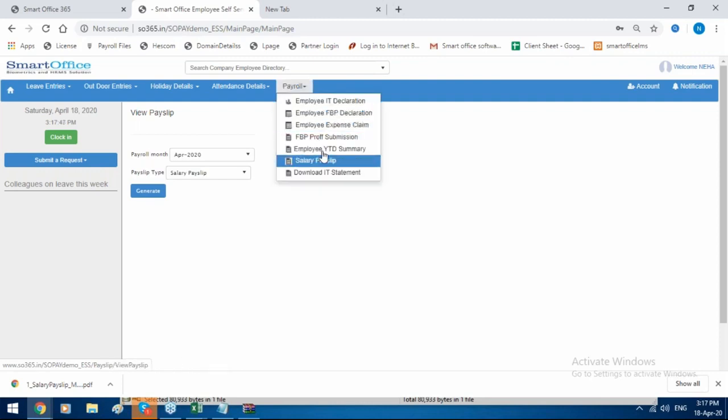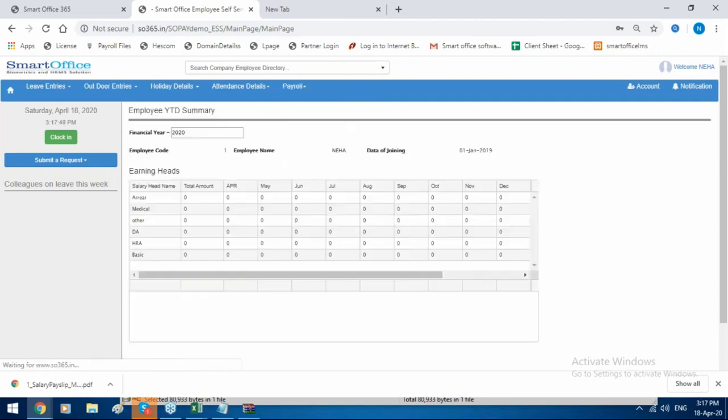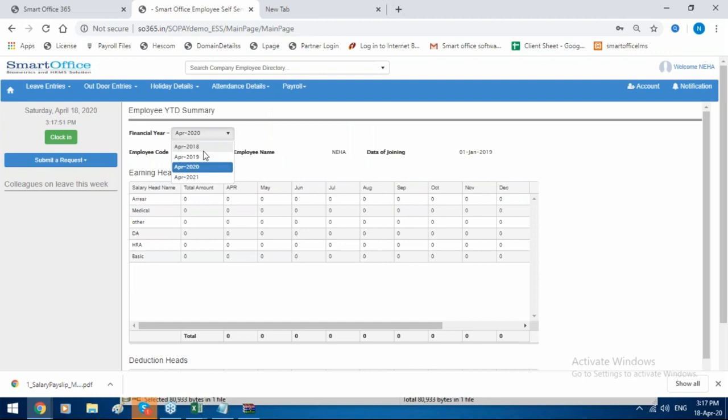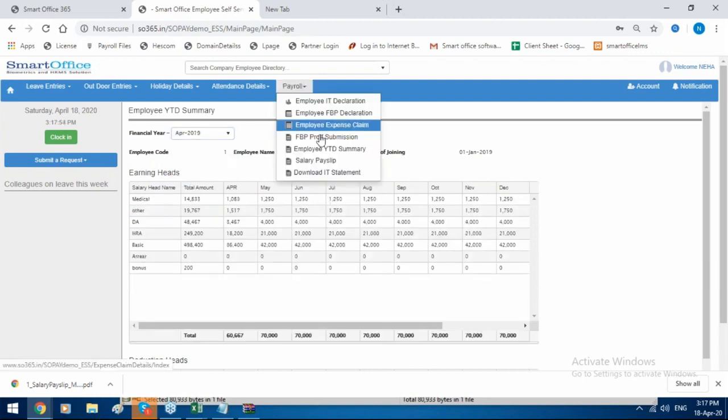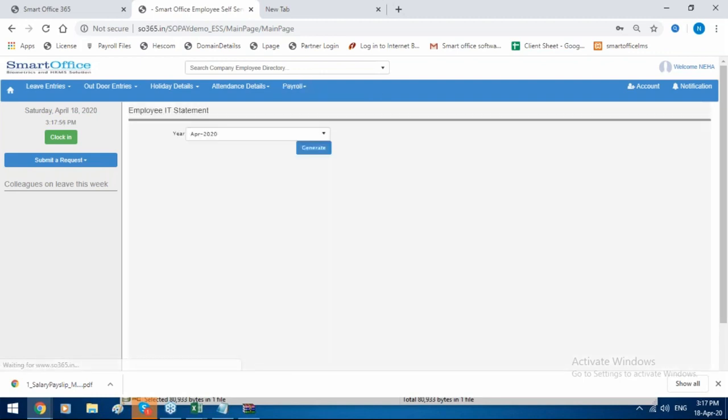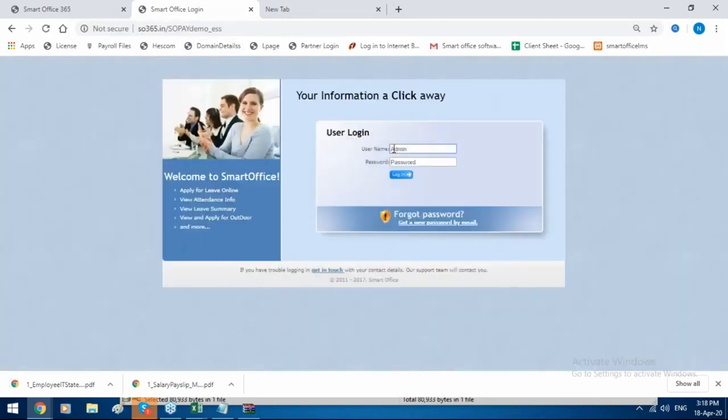A manager can approve expense claims from the mobile application. Employees can check their yearly TDS summary, and they can download their own IT statement from here. These are the features in the mobile application. I will show you the manager portal also. What I have shown is for a particular employee.